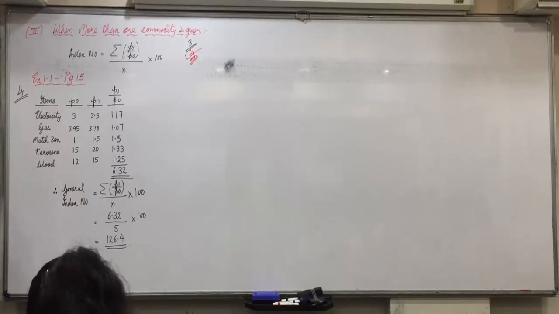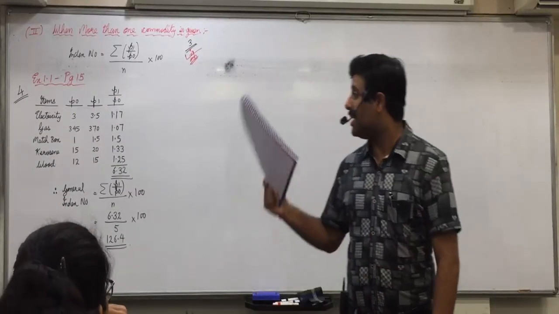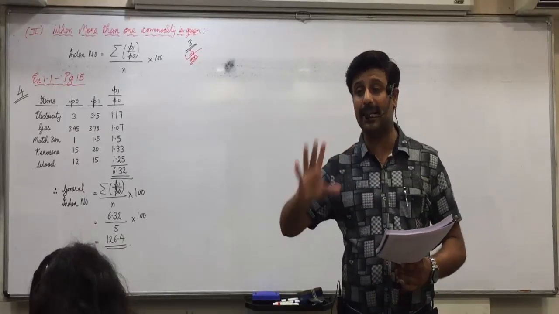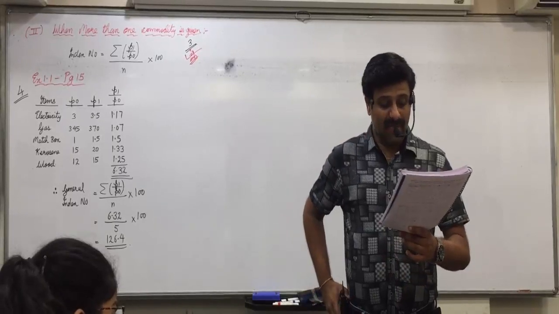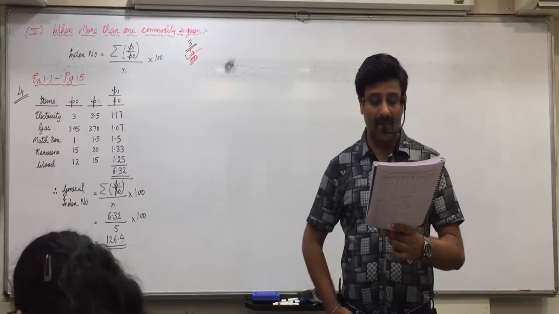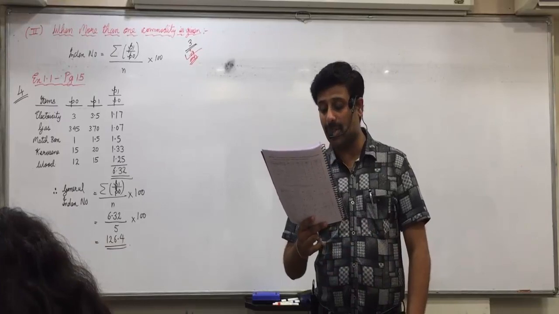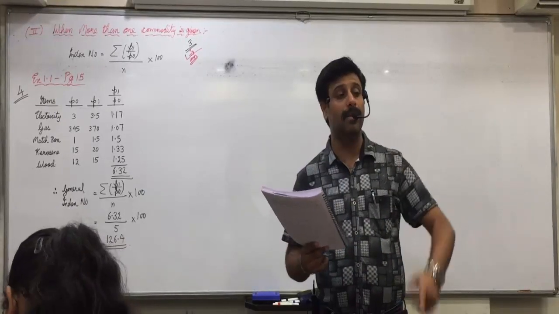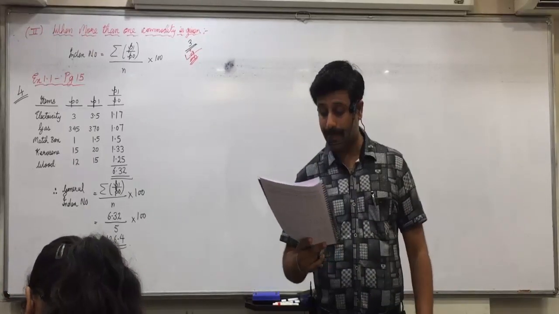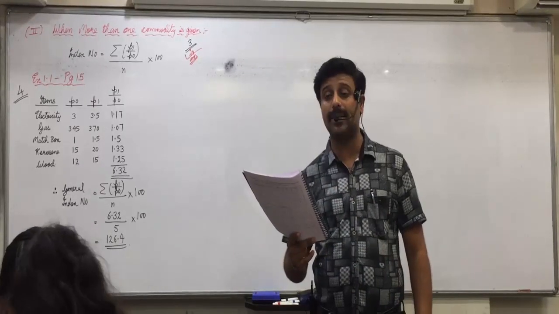Now look at question number 3. Mark it important and understand. Concept is similar, but years are even more in number. So how to do it? Understand this. The following data are obtained about the annual average prices of wheat, rice and sugar. Are you given more than one commodity or not? Three commodities are given. So this concept is to be used in the wholesale market of a city.